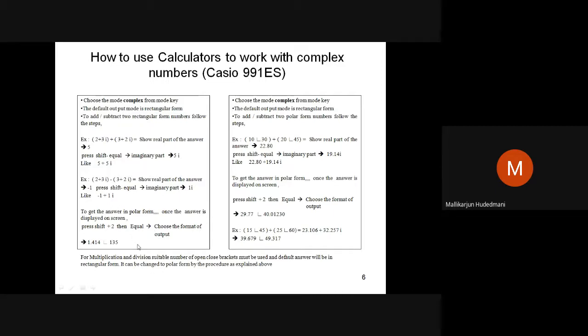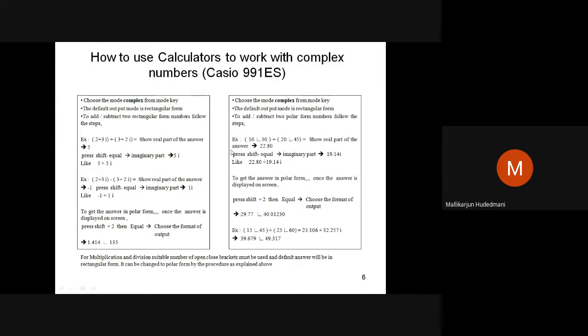It is not the only advantage. So many features are there inside that you need to use in steps. Therefore, conversion of an answer from rectangular to polar is quite easier in 991 ES. Okay, that doesn't mean 991 MS is bad. 991 MS is the first series. ES is the next series with some more modification in the software.